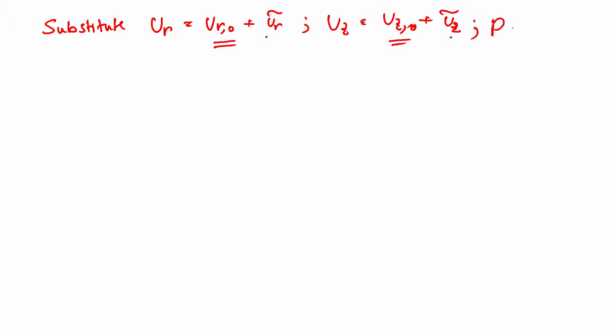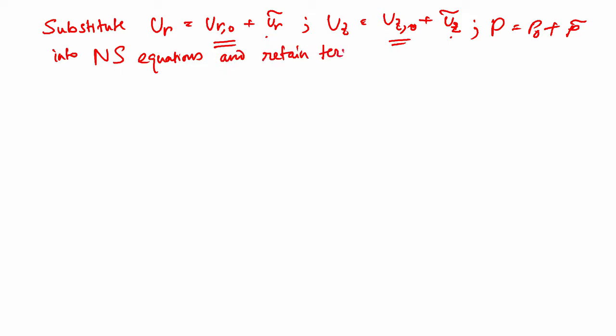Substitute them into the Navier-Stokes equations, and retain terms of the order epsilon, that is, the small terms. Then we get